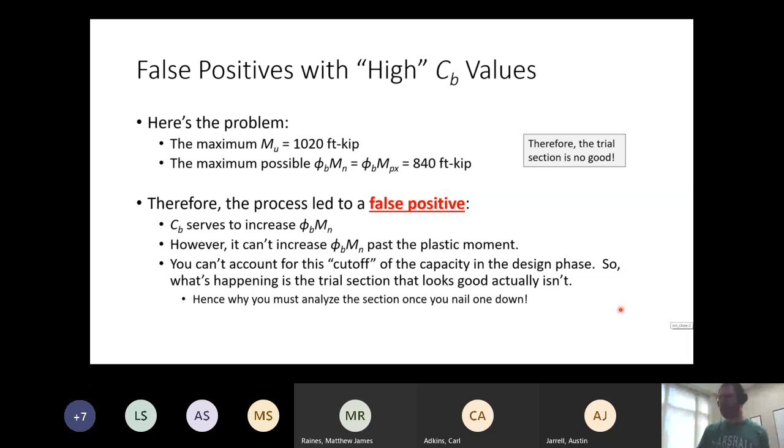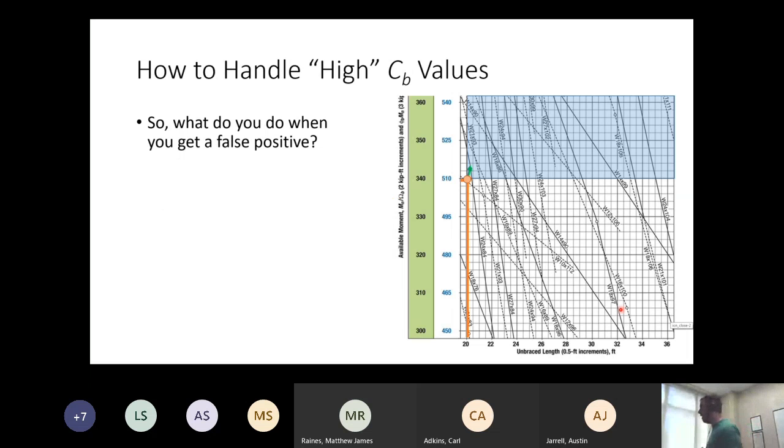So how do you handle that? Here's how you handle it. First off, everybody should have gone to their manual, and this is what they should have seen. If you go to the manual, you go to an LB of 20 feet. Right here, this is LB of 20 feet, and then your moment of 510. I made the numbers work out so that it would actually line up, so it'd be a little easier for everybody to find. That's why it was 10, 20, and 510. So 510 and 20, that's that point, and you all read the